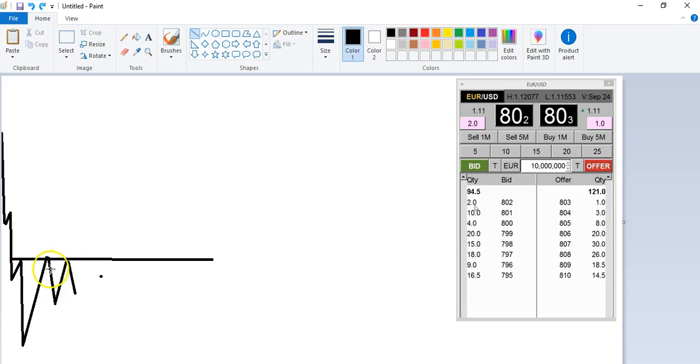Once they have a lot of people selling here, they take it back to about the 61.8 of this move, sometimes the 61.8 of this down move, attracting more sellers, bringing it down and then taking it back up, and maybe bringing it down one last time, and what you're going to see next is some